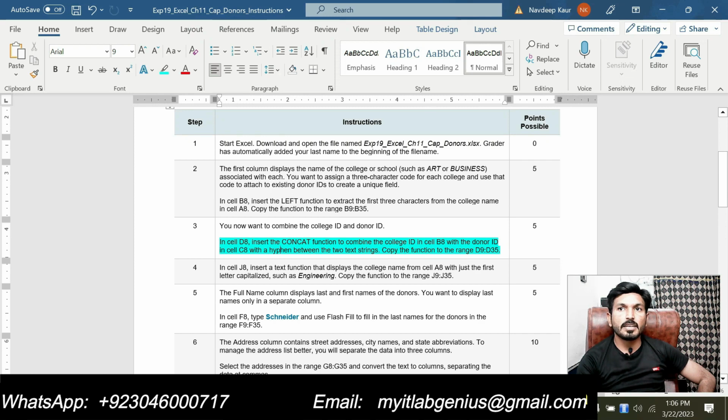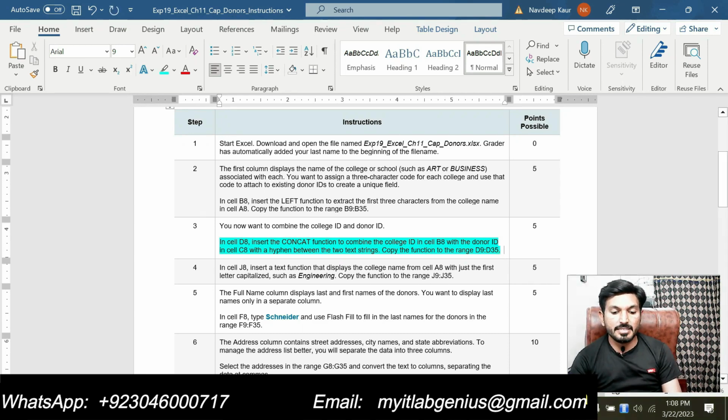Copy the function to the range. So basically we are supposed to combine the college ID and the donor ID, and for this we can use the CONCAT function, with a hyphen between them.